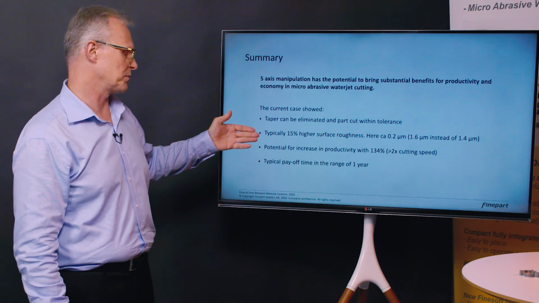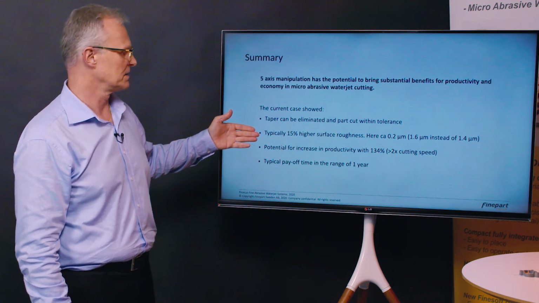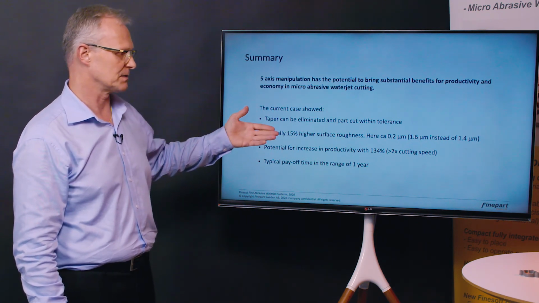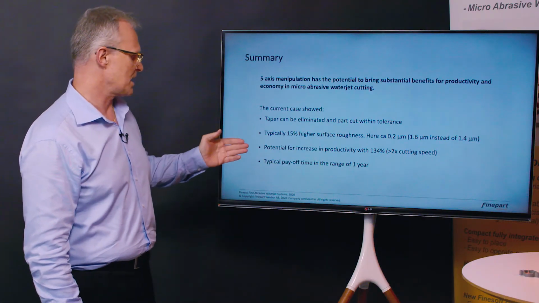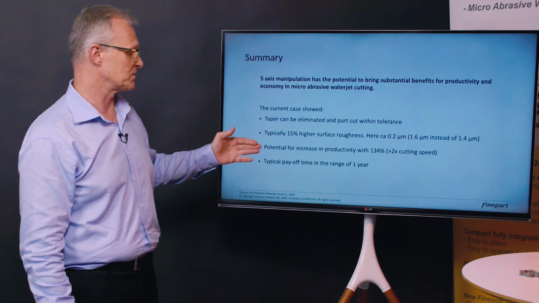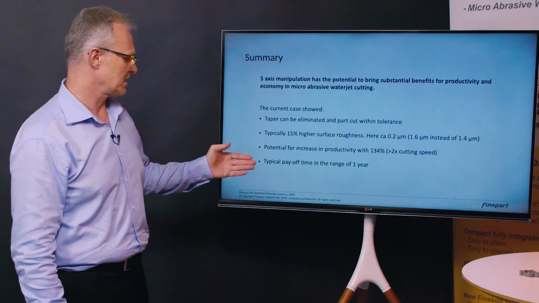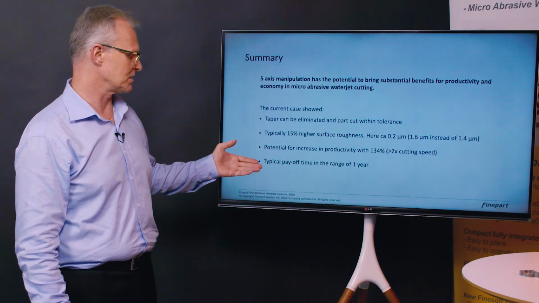In this current case, it has shown that taper can be eliminated and the part can be cut within tolerance. We see that we get typically 15% higher surface roughness. Here it's approximately a difference of 0.2 microns. And we have the potential for an increase in productivity of 134%. We cut at more than twice the cutting speed, which gives us the opportunity to get a payoff time in the range of 1 year,